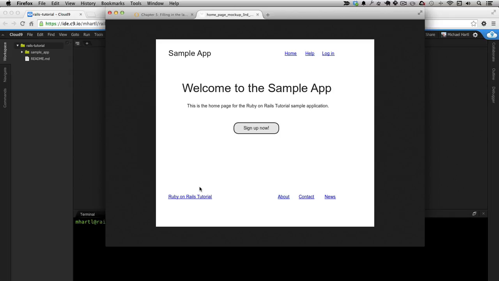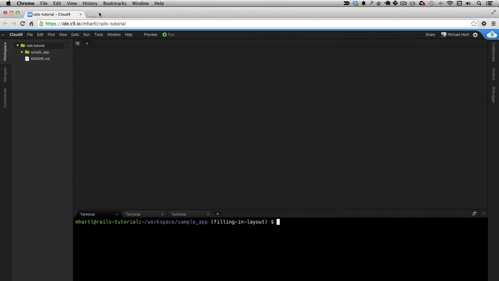Let's take a look at what our application looks like right now. This is my standard setup here. I've got a terminal for issuing commands, and then typically in this terminal I would run my test suite. So let's fire up guard here. Of course, you could just run rake test if you wanted to, or bundle exec rake test. And then in this third terminal, typically I run the local web server, or the development server. So that's